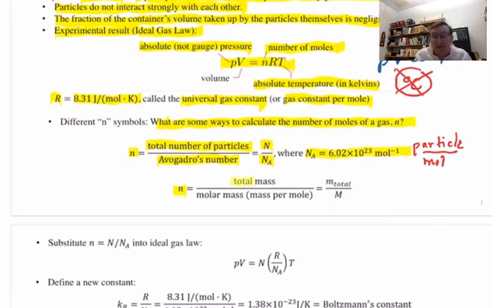Take the total mass of the gas. Could be in grams or kilograms. Those are the two most likely. Divided by what we're going to call the molar mass, which is the mass per mole. You might have heard that called atomic mass, atomic weight, and all kinds of terms. But you take the total mass, M total, let's say it might be, for example, in grams, in g, over the molar mass, the mass per mole. Your book symbol there is just a big M, and that would be in